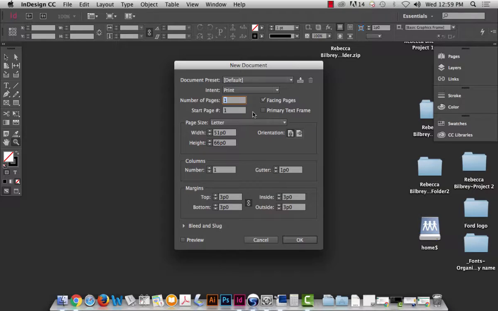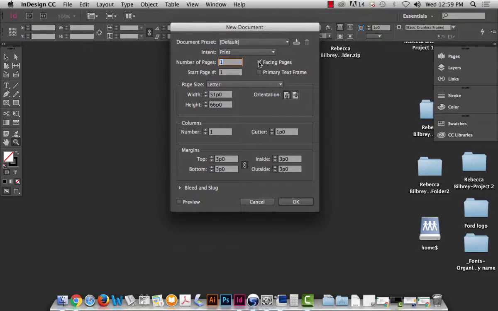Now we do not want to make a book, so turn facing pages off, please. Try to get in the habit of doing that unless you're doing a book. And this is a letter size document, which an 8.5 by 11 inch document converts to 51 picas by 66 picas. Well, how nice. That's because there's 6 picas in an inch. The number of columns, it looks like we need a couple of columns. Now this is kind of, since we have different column widths or different widths of text boxes,